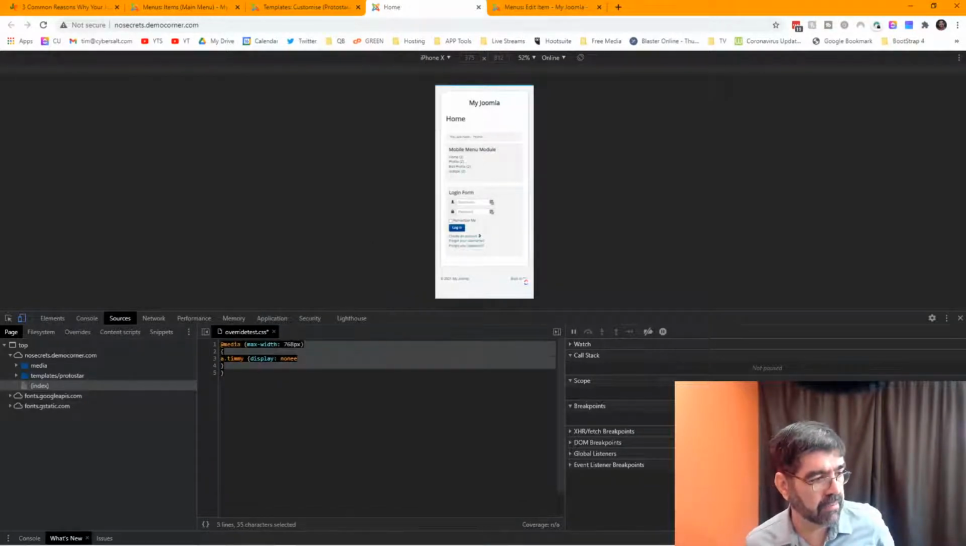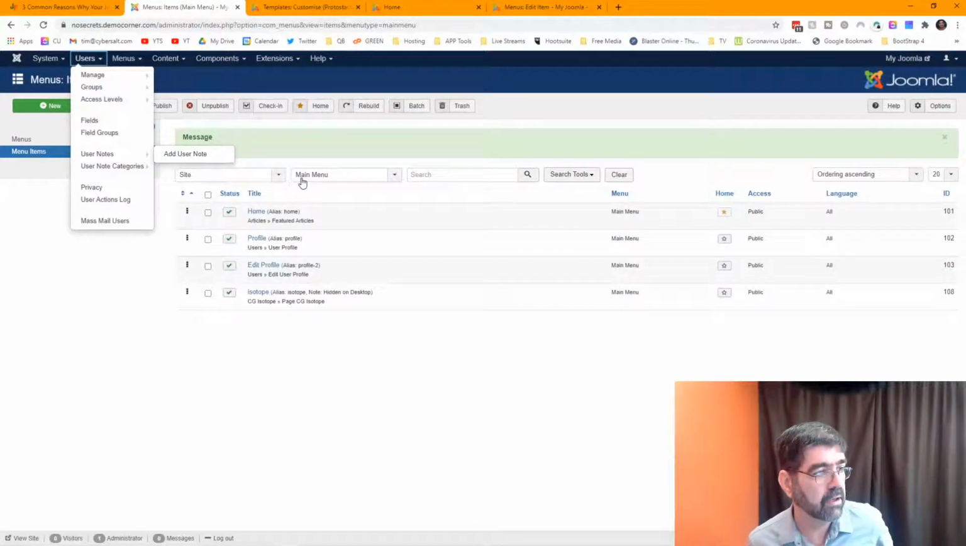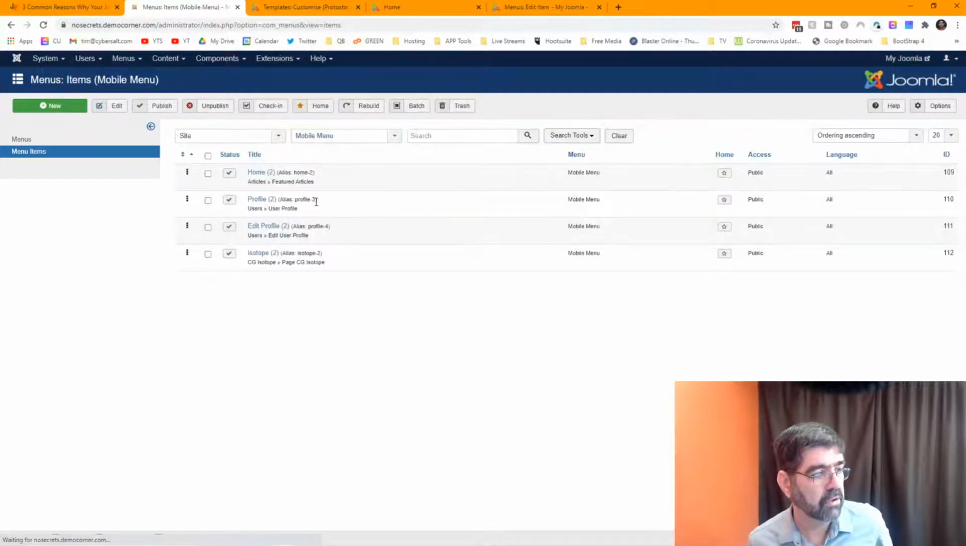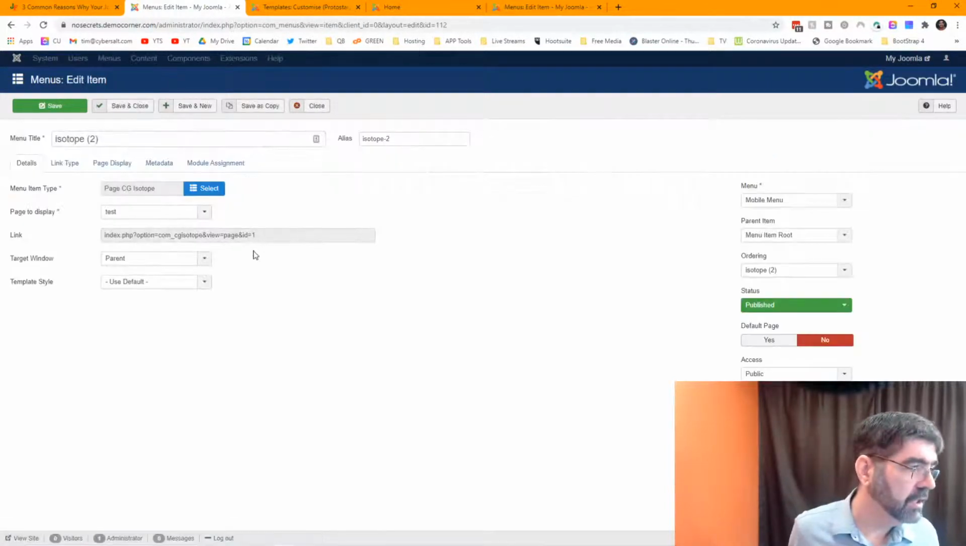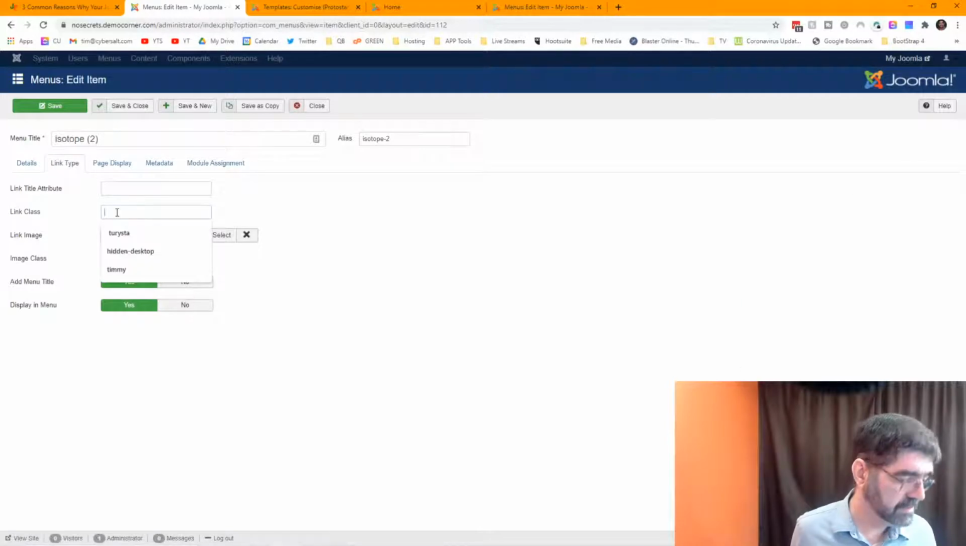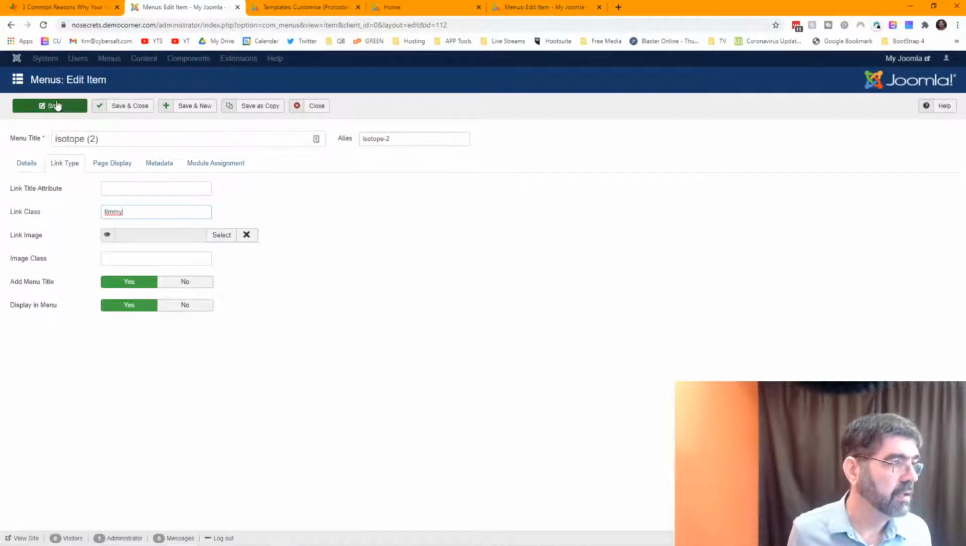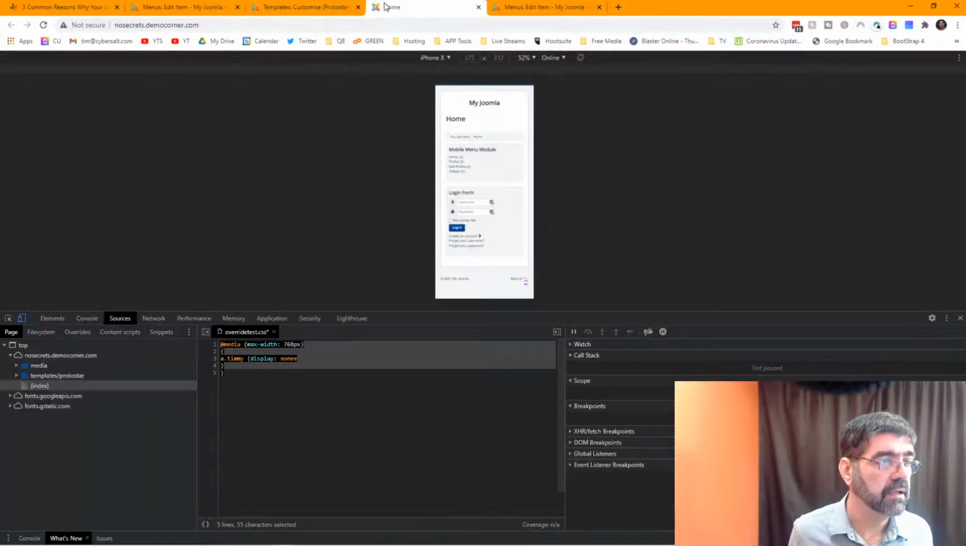Alrighty, let's copy this. Okay, let's fix this here. Let's go to our menu item here in mobile menu. And let's do it for isotope 2 here. And let's put it in the link type, link class, Timmy. And save that. Now, if we refresh,